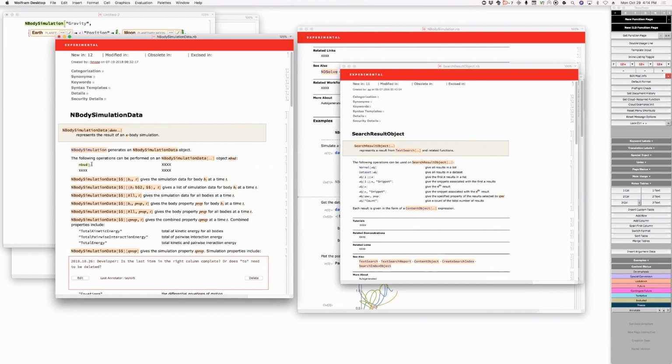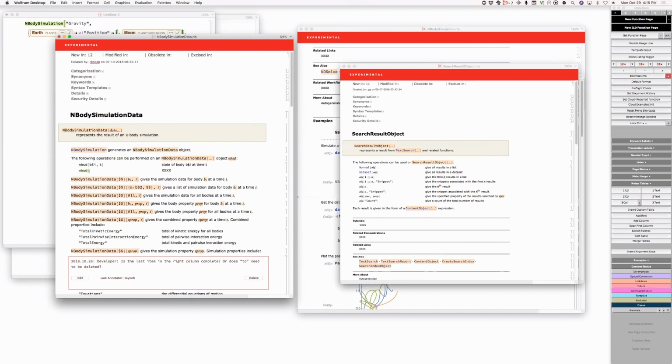Okay. Of b sub i, simulation data, well, state of body b sub i at time t. Yeah. Okay. NBSD